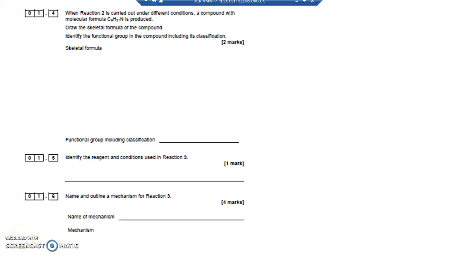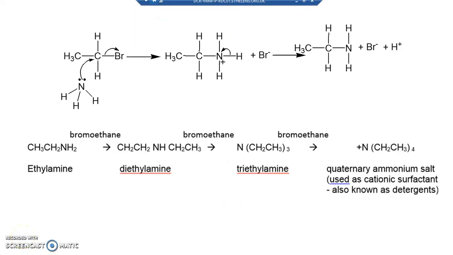Before we can answer question 15, we need to just check our understanding. When I have a nucleophile like ammonia with a lone pair on it, it's a lone pair donor, it attacks the delta plus on the C of a polar bond. Br is slightly negative, delta negative, because it's electronegative and draws the electrons towards itself along the covalent C to Br bond. And that allows this nucleophile, this ammonia with its lone pair, to bond to the C, and the electrons from the C-Br move on to the Br, it forms Br minus,